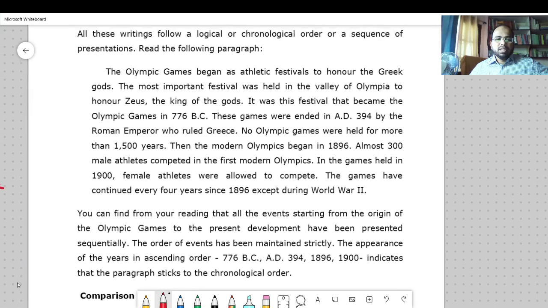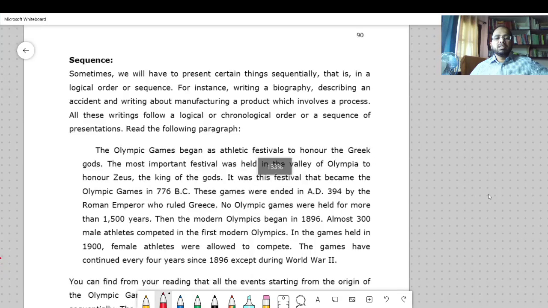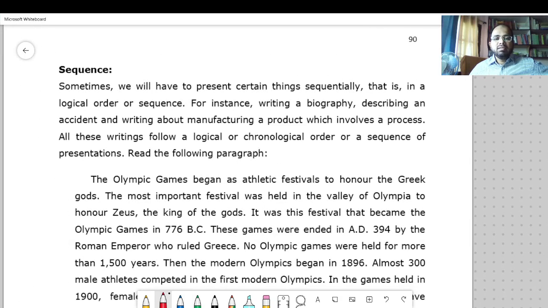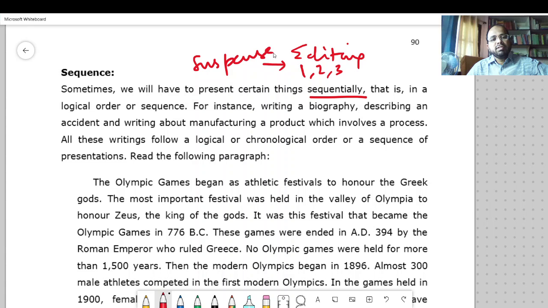Coming back to the next part of this paragraph, sequence is there. Sometimes we have to present certain things sequentially. Sequentially means it's a kind of what we have in movies, sequence 1, 2, 3 like that, and there we have to do some good editing. If the sequence is not proper, there is a lot of suspense. Nowadays we see a lot of suspense in the movies. Sometimes a climax is given in the beginning of the movie, and then the story is told 6 months ago, 7 months ago. So it's not in sequence. But when you have sequence,